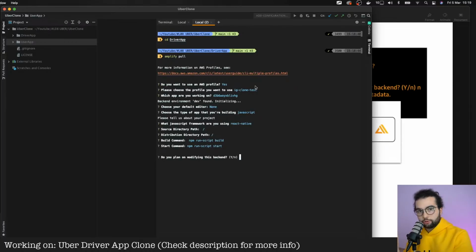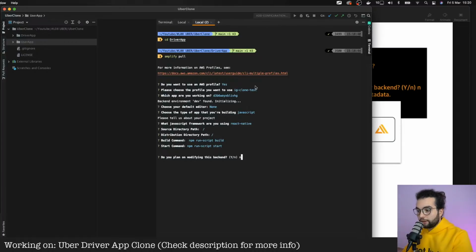And this is the important part. Do you plan on modifying this backend? Based on this answer, it will pull the code and the metadata, or only the metadata. So we will say no, we don't want to modify this backend in the driver application. If we need to modify the backend, we'll go into the user application, modify it there, push it, come back to the driver application and pull it back.